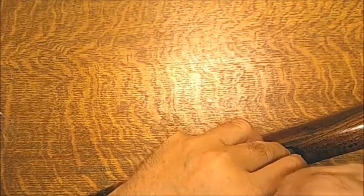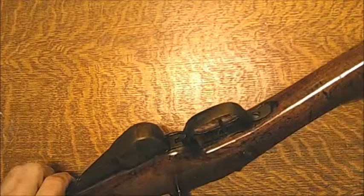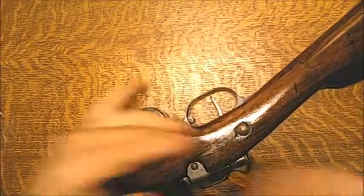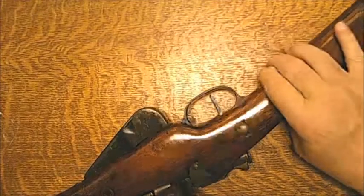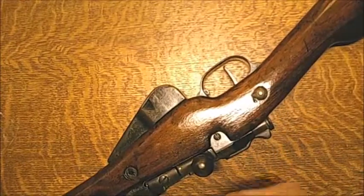But you can see, if I had ever tried to fire this, especially with that 8x50 millimeter, it would have torn this action apart. It would have been pretty horrible. So that's 2/3 of what I need to actually be able to shoot it. The only thing I need left in order to actually shoot it is to install the forward